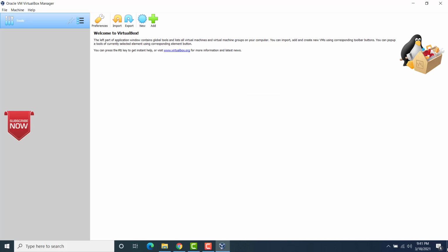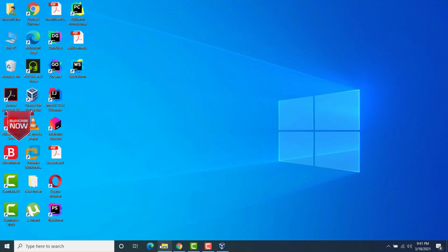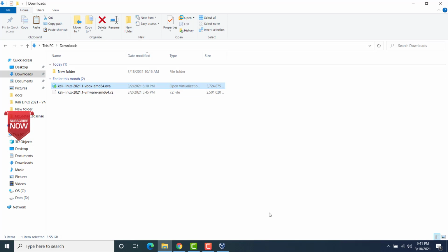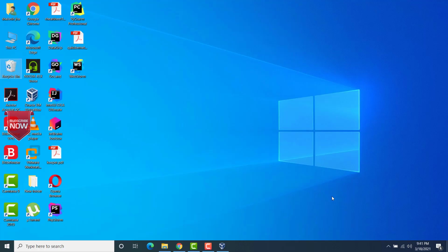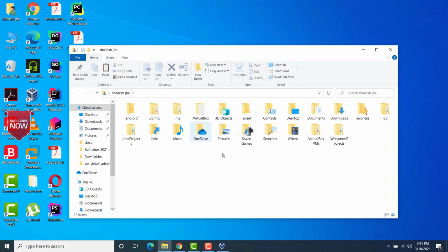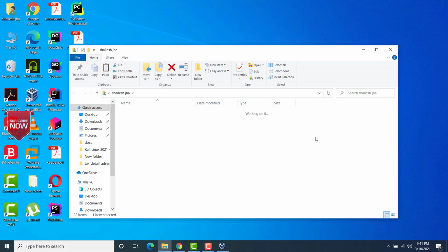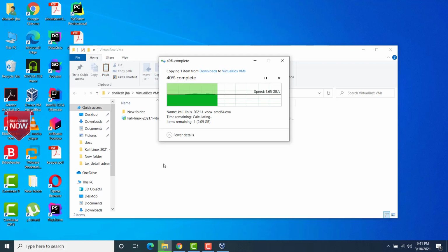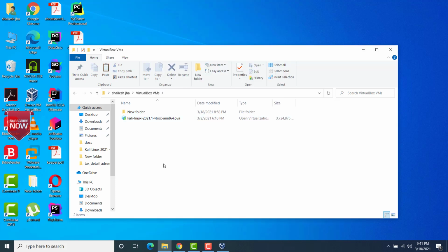You don't really have to do this. Normally what I do is copy the image there, just for convenience. You can keep it anywhere you want. That shouldn't be a problem. Under my username I would see VirtualBox VMs, and under this I would paste it here.